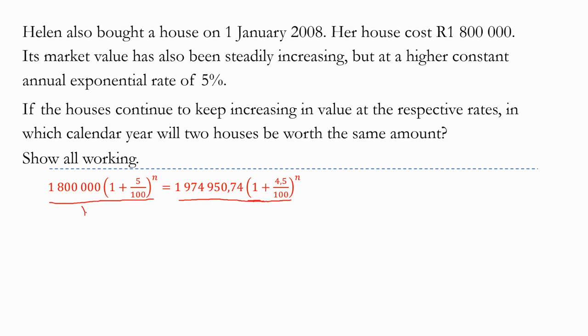So I'm going to divide 1 plus 4.5%, to the power n. And then again, we divide by the same thing, 1 plus 4.5% to the power n. And then this bracket divided by this bracket, we get 1. What do we remain with? We remain with